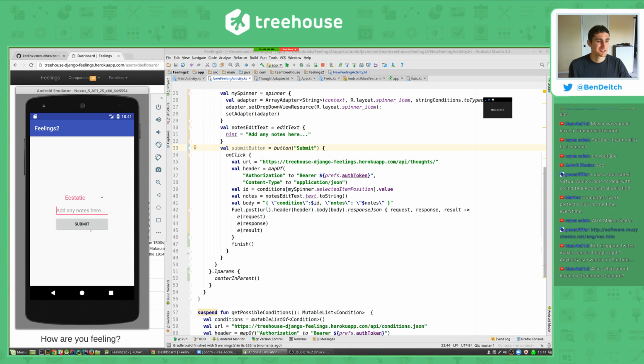Cool, so now that says submit, and that's nice, and, well, really it's not that nice. It's gray and it's black, and that's kind of ugly, especially with our color scheme. So let's see if we can't set that an easier way. And you can get your colors from resources, so